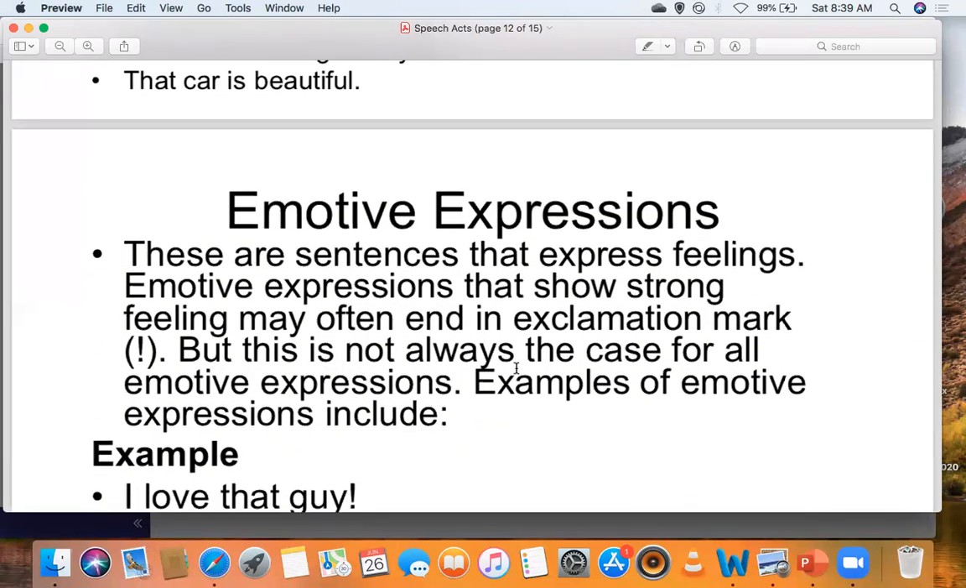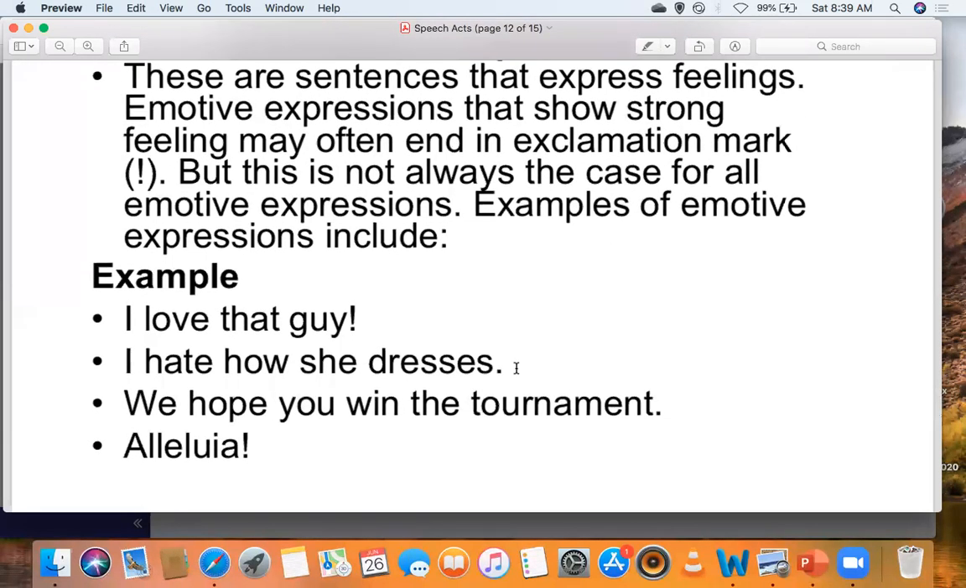Then we have the emotive expressions. Now, emotive expressions are sentences that express feelings. Emotive expressions that show strong feeling may often end in an exclamation mark. But this is not always the case for all emotive expressions. So there are emotive expressions that don't end in an exclamation mark. So you don't need to identify emotive expressions by seeing that they have exclamation marks, because there are some that